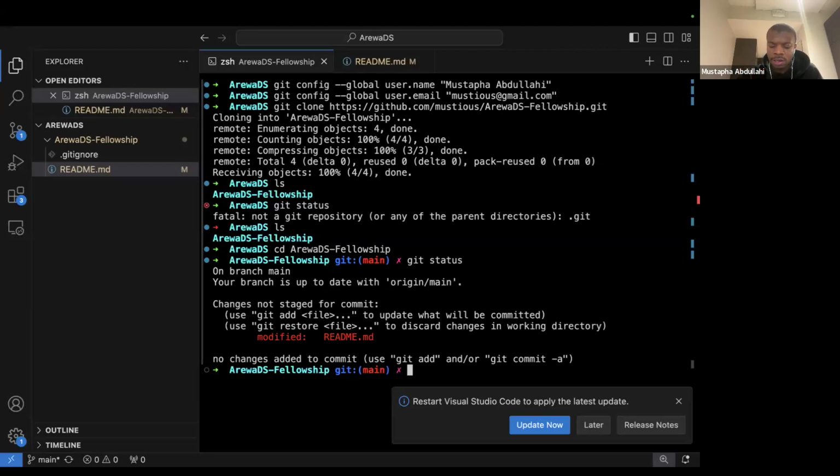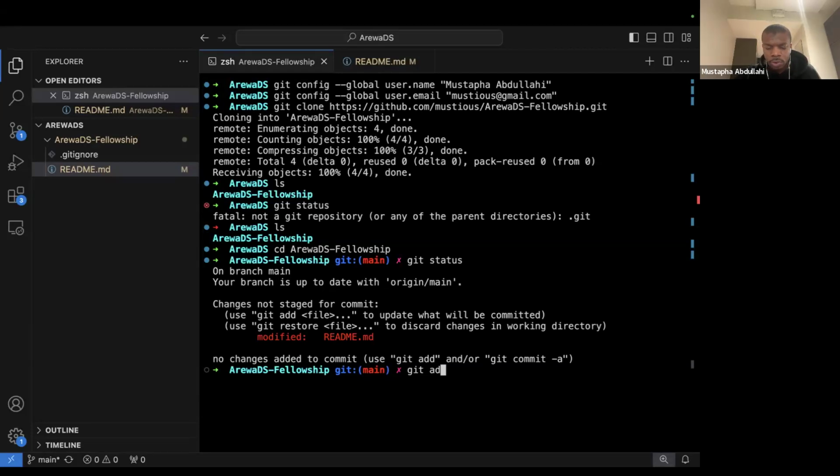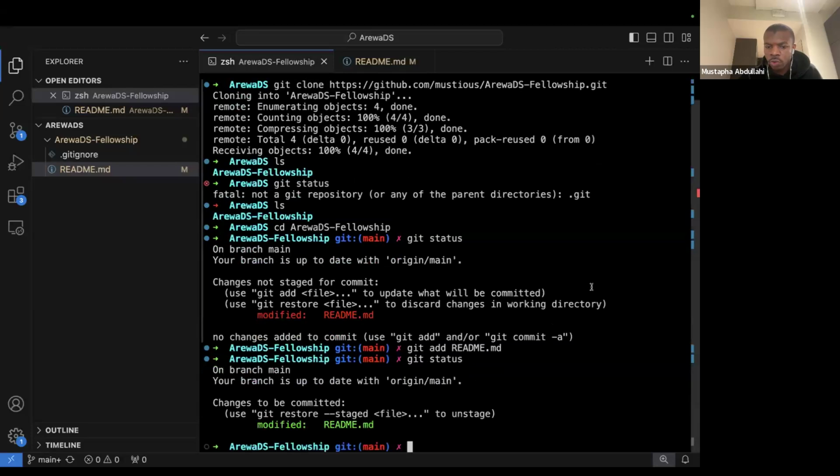So I need to add it to a staging area. That's where you need git add. So you do git add, then you put in the name of the file or repository. So now I've added it to the staging area. So as advice, you could do git status. So once you do git status,